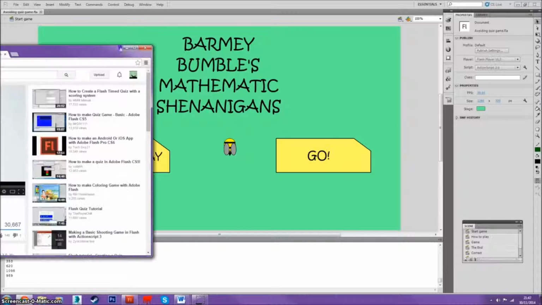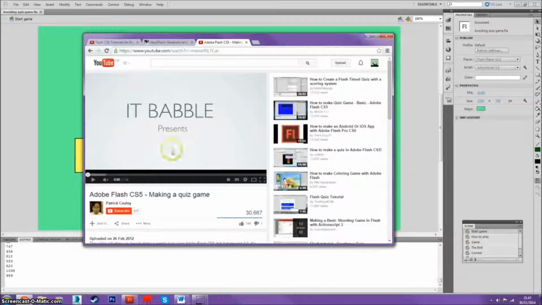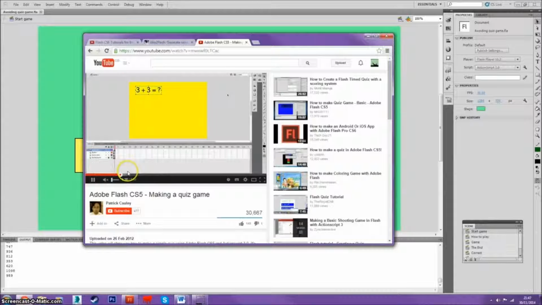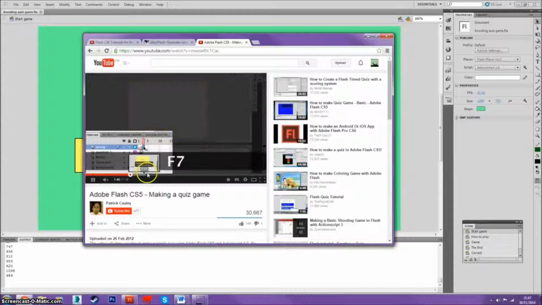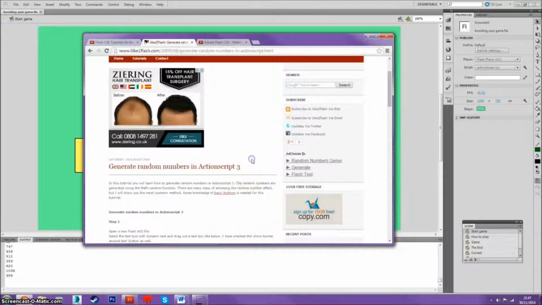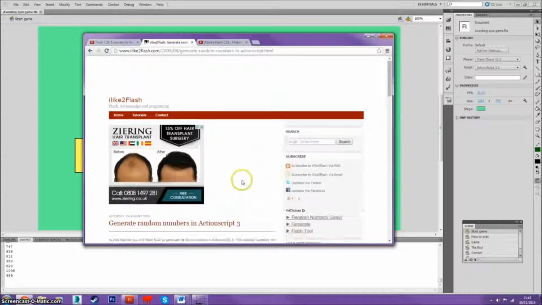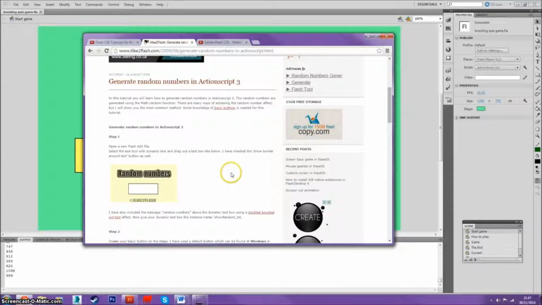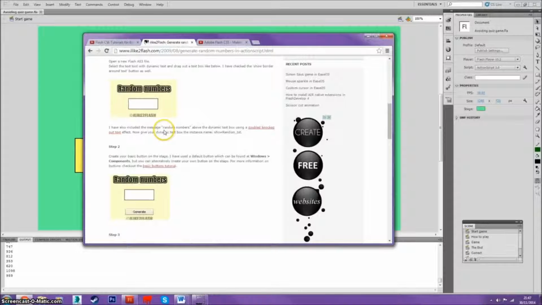So these are the tutorials here. As you can see, they're very similar to the one I've made. So press the wrong answer and it's going to be wrong. You have to start again. But I changed the colours around and changed them to different buttons as well. And the second one is to generate random numbers, which I'll discuss in the second part of this video, because